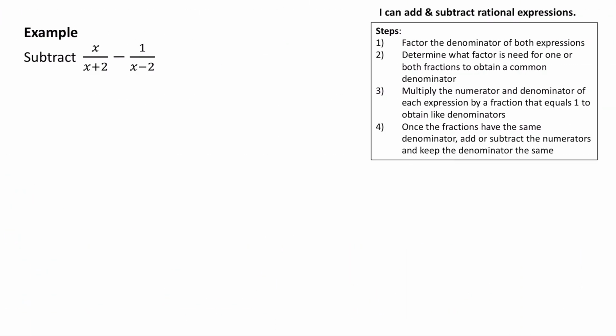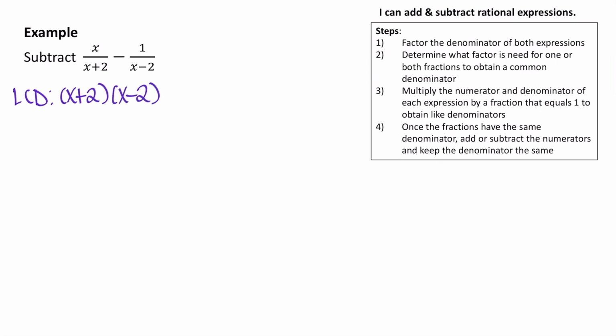Now let's subtract x over x plus 2 minus 1 over x minus 2. So neither of these denominators can be factored. Okay, so what I'm going to do is take one factor from each denominator because there are no repeated factors. So I'm just going to do x plus 2 times x minus 2, and that is